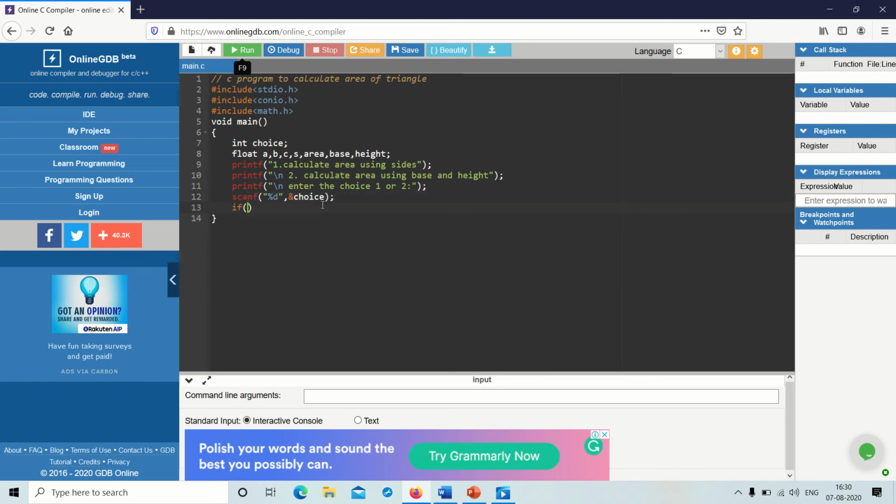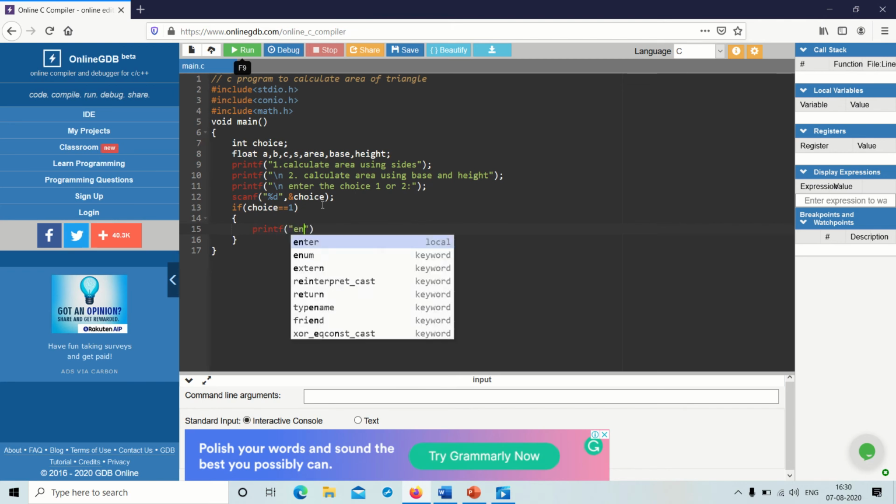Now I am writing if block, now choice is 1, then what should happen? If the choice is 1, that means we are calculating area using sides, so the user should enter the values of sides of the triangle.